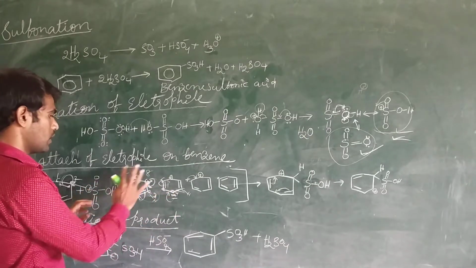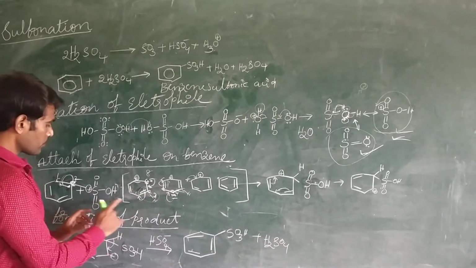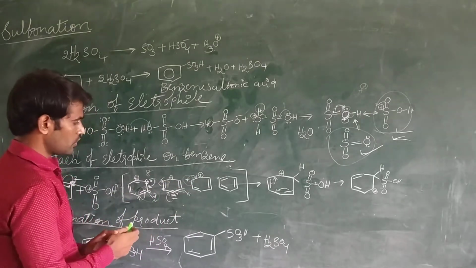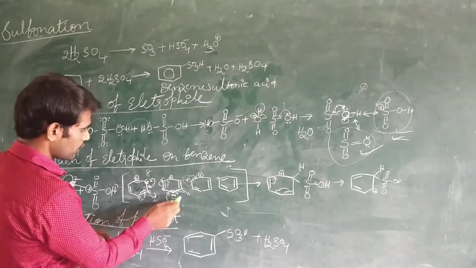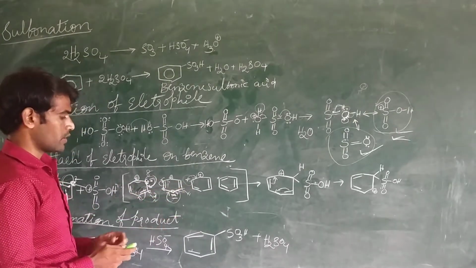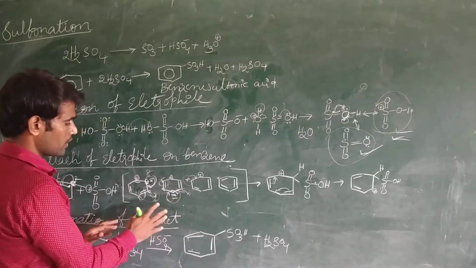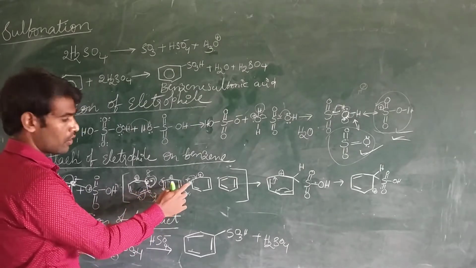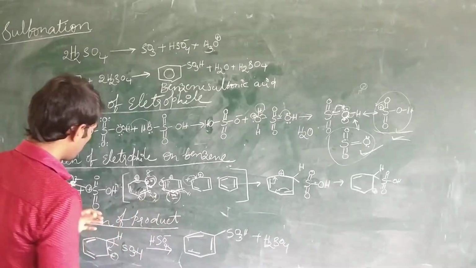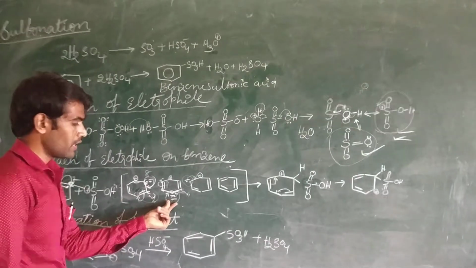We will see the delocalization of these pi electrons in a separate class. Anyway, if you observe these resonating structures, we can see at the ortho and para positions there are negative charges, this one and this one and this one. So benzene acts as a base, because at some locations, the ortho and para positions, benzene looks like an electron-rich molecule. Now the electrophile needs electrons because it has a positive charge, and benzene has a negative charge.